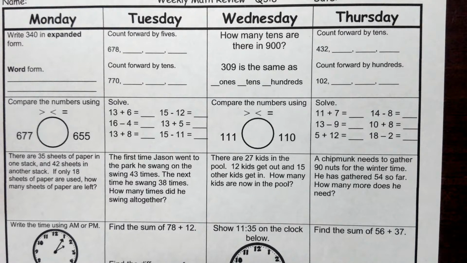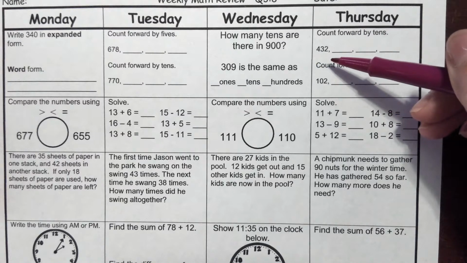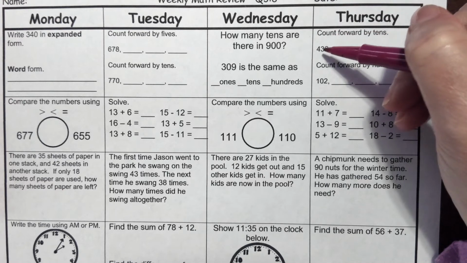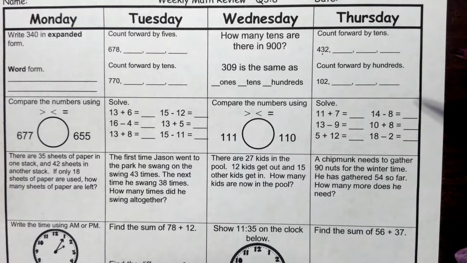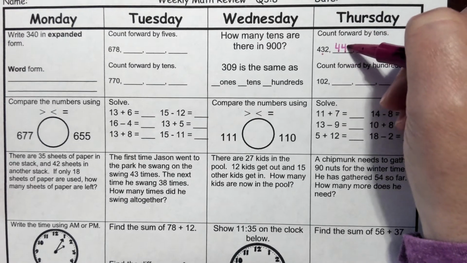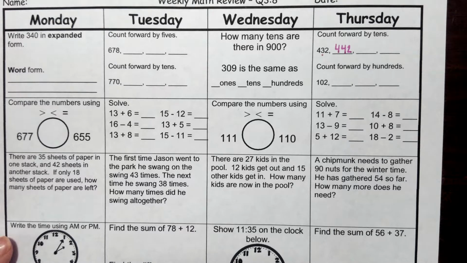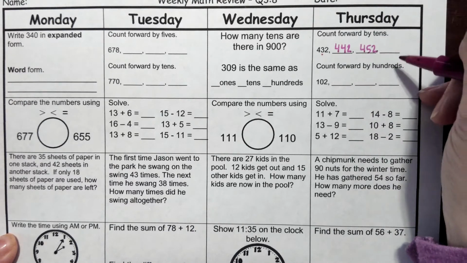Boys and girls, let's go ahead and solve our Thursday work. We need to count forward by 10, starting with 432. And we need to pay close attention to the number in the tens place because that's the number that will be changing. So if I add 10, that number will go up by 1. So instead of 432, it's 442. 10 more would be 452, and 10 more would be